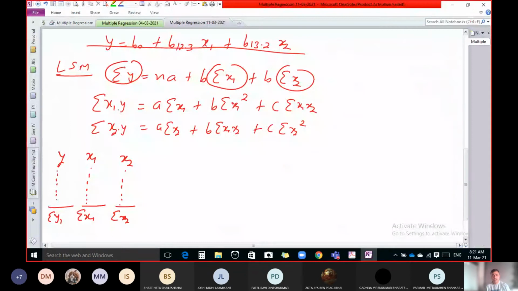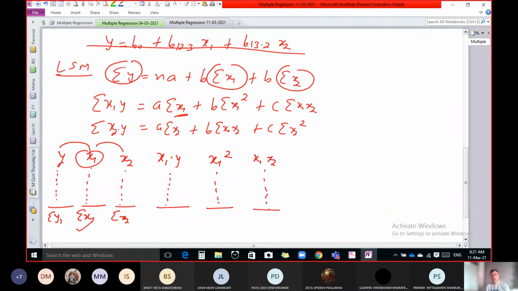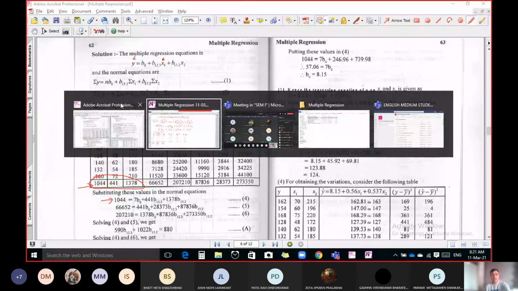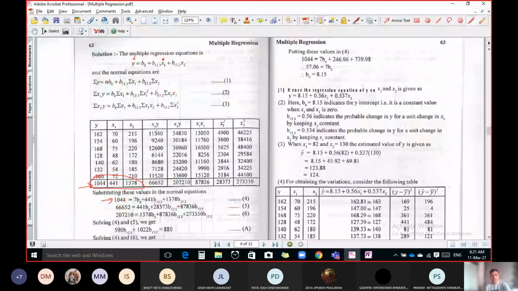Now we require x1 into y. So multiply these two corresponding numbers. Then we require sigma x1, that is already available. Then x1 square, so calculate x1 square, take the square of each value and add. And we require x1 into x2, so multiply these two, so we get x1 into x2. By using these three you will get equation 2. So that is our equation 2, that is sigma x1y, which is 66652, equal to